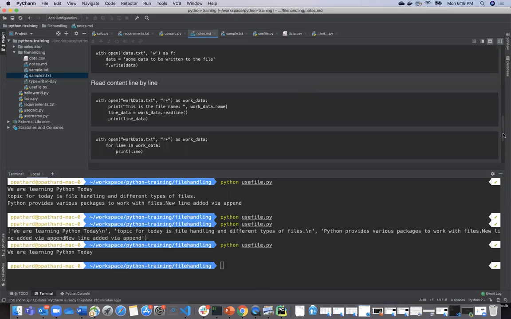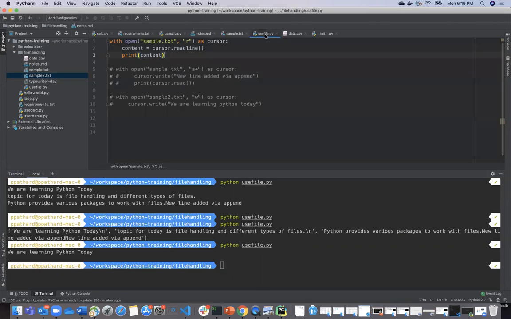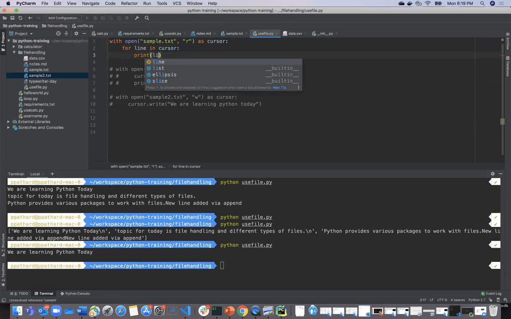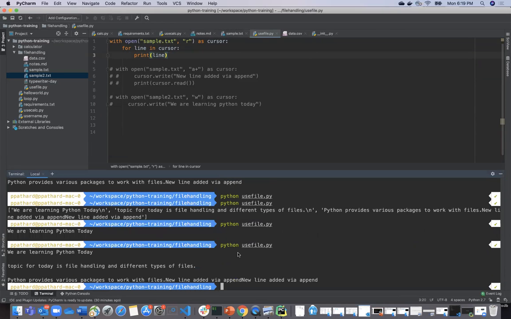We are able to read the lines. The other way to do it is very simple. Right now I only printed one line, and I don't want to do this. What I will do is, for line in cursor, print line. Let us see. So it has printed all the three lines. Quite simple. The cursor is giving you a pointer and you are looping on that pointer, saying I need a line from it. You can name that variable anything, and I'm just printing the lines here. There are multiple ways. I am showing you as much as possible.